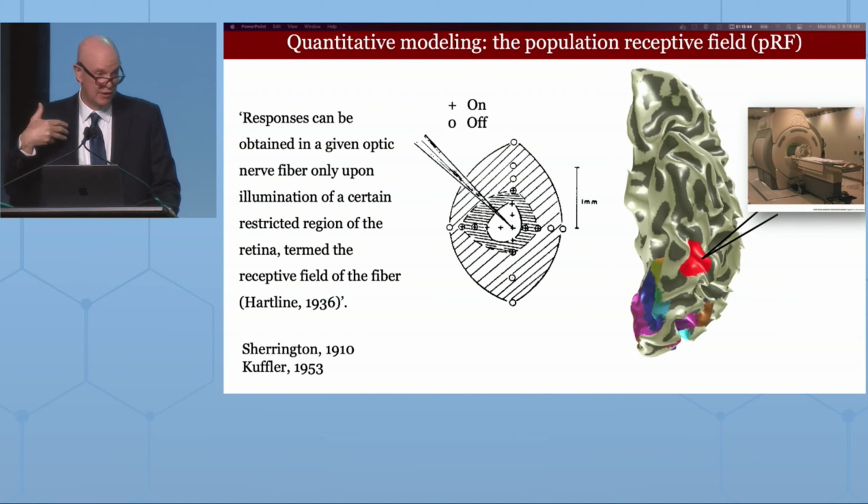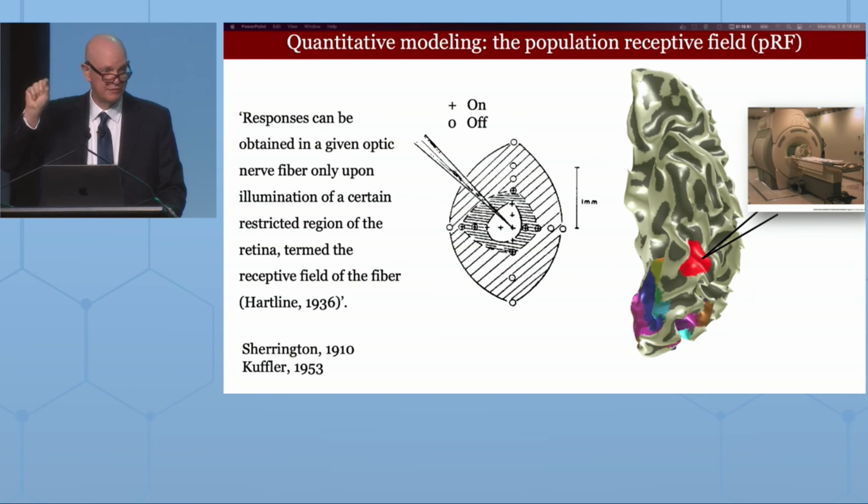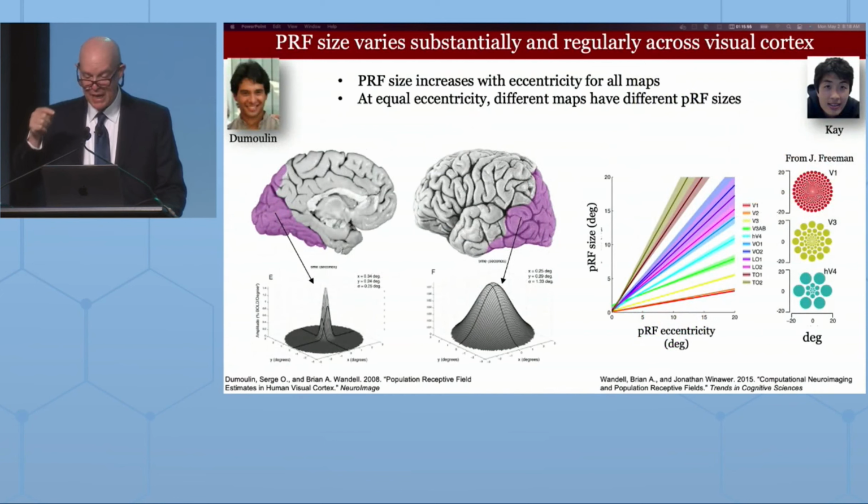measurements, but in our case, we're using magnetic resonance instruments to measure the receptive fields of small regions of visual cortex. And so we could do that by literally sweeping stimuli, doing the same kinds of stimulus mapping experiments that were done with electrophysiology. But since these were not receptive fields of individual neurons, but groups of neurons, we call these population receptive fields. And that's what's shown here.